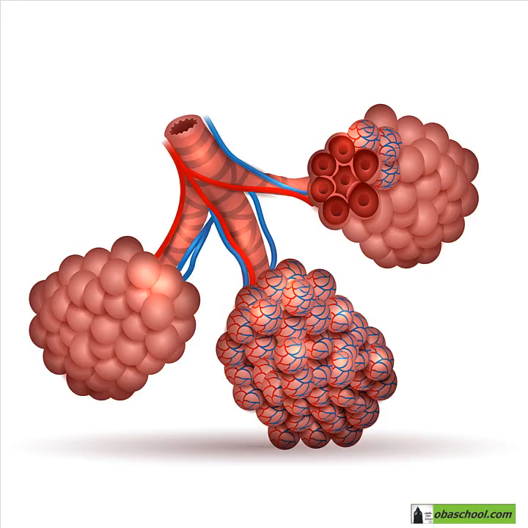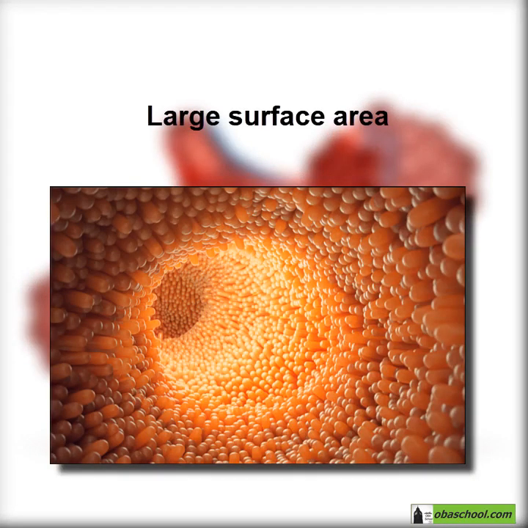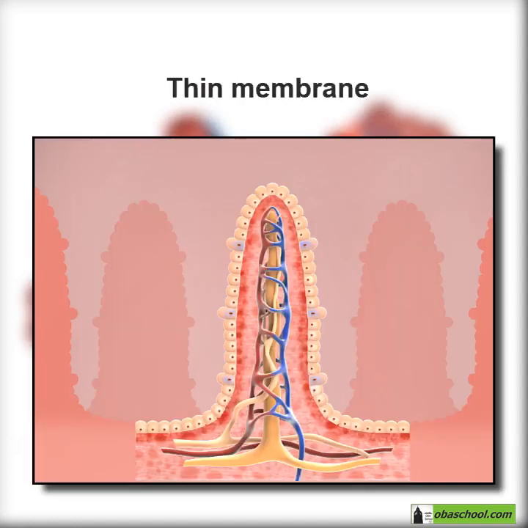Exchanging materials and the adaptations for exchanging materials. There are various adaptations to make the process of exchange more efficient. The effectiveness of an exchange surface can be increased by, first of all, having a large surface area over which exchange can take place, having a thin membrane or being thin to provide a short diffusion path for the materials,